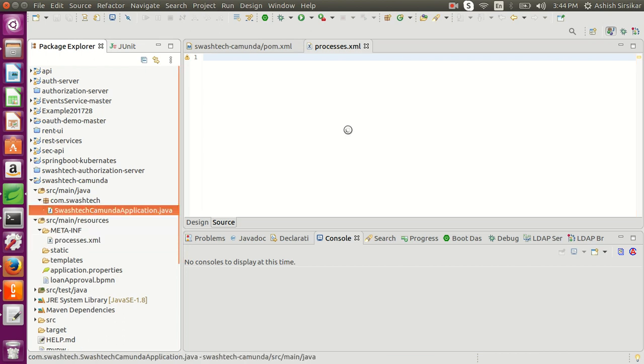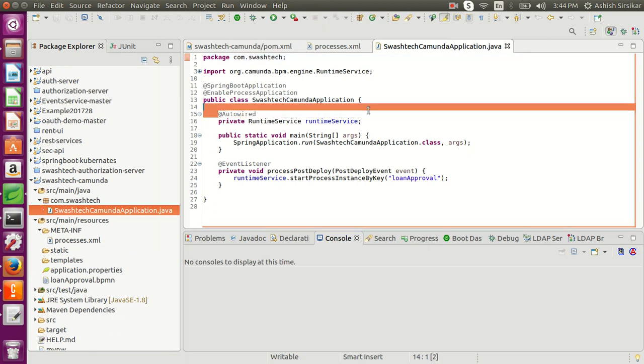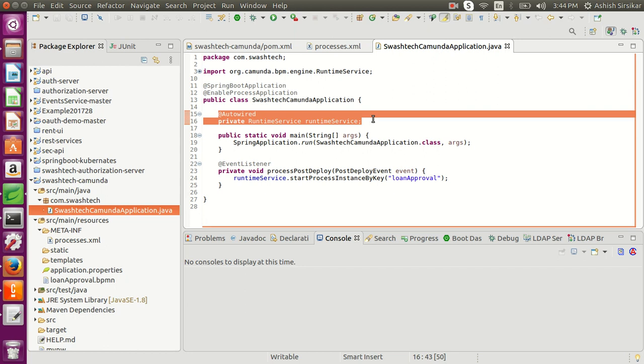So you can see here I have created one simple application, and to start your process you have to use this runtime service, and this is the event listener that we have to use.